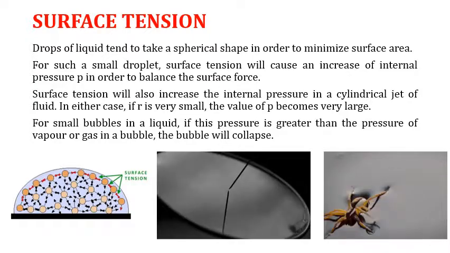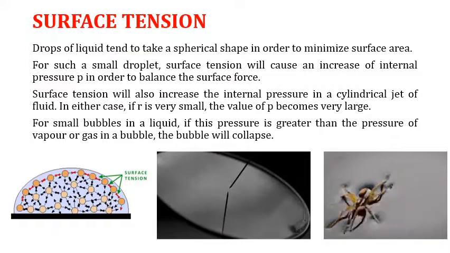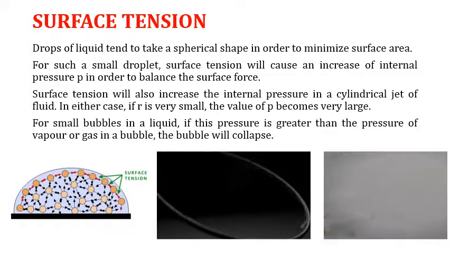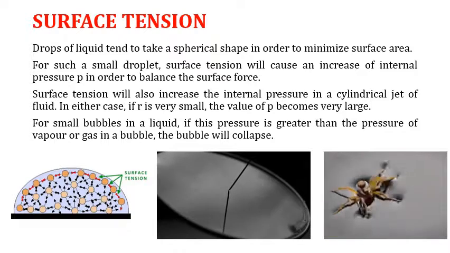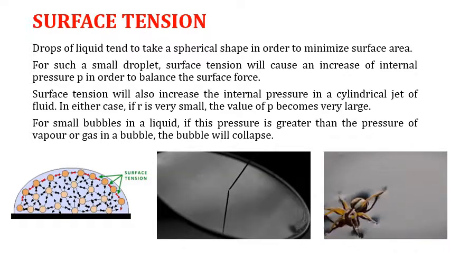The point at which it broke, it was equal from all the directions, and the circle expanded in each direction equally. So this shows that surface tension is equal in all directions.